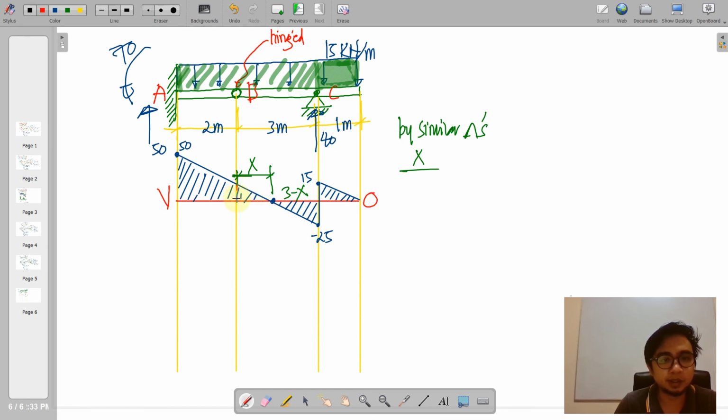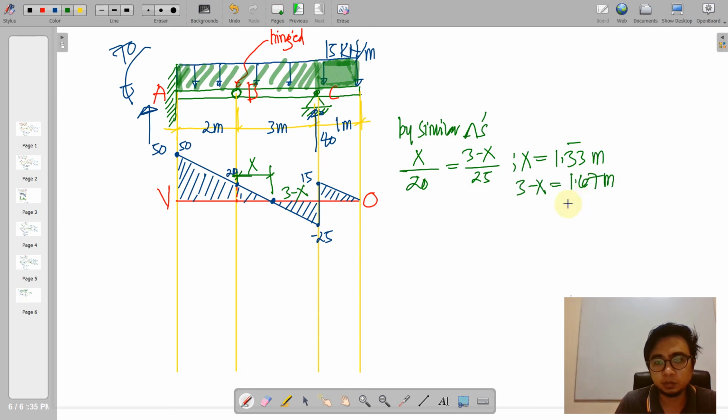determine this height. So how shall we determine that height? Of course we go back to the area covered from A to B. From A to B we have a 2 meter base, and that will be multiplied by 15. So 15 by 2 is 30, okay? And that is going downwards, that is negative 30. So from 50 minus 30, this is actually positive 20. So place it there as 20. 3 minus x is to 25, solving for x. x is equal to 1.33, and 3 minus x is